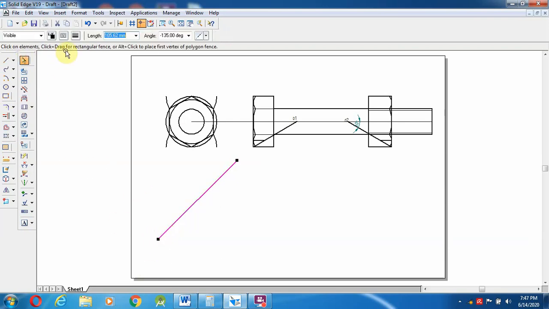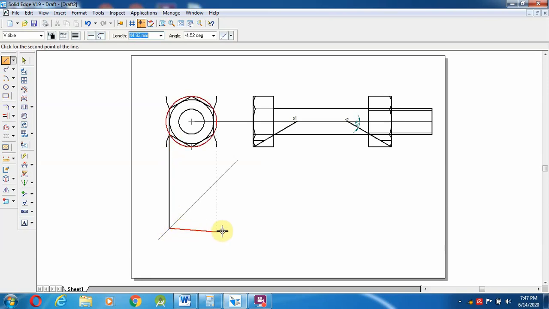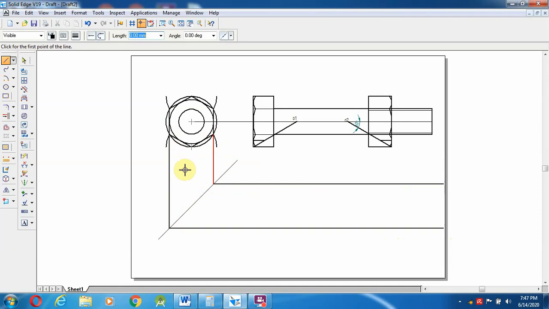Then select a line, here you can use the 0.13 mm line. Then select the line option, from this line, the hexagonal line end, I am going to make a line, and wherever it touches the 45-degree line, there I am going to cut. Same like here also. From this line, wherever it touches the 45-degree line, I am going to extend over here, and even in this midline also. This is for a reference line. I am going to make it over here.